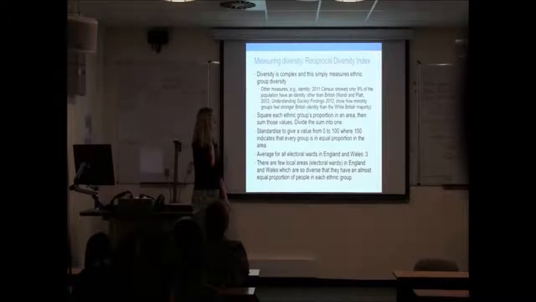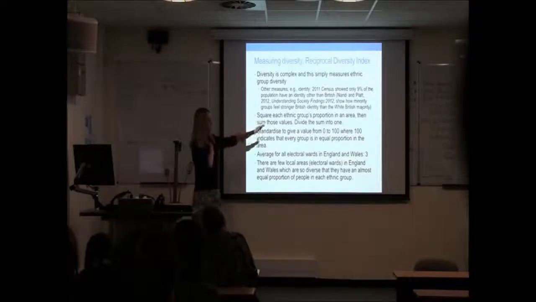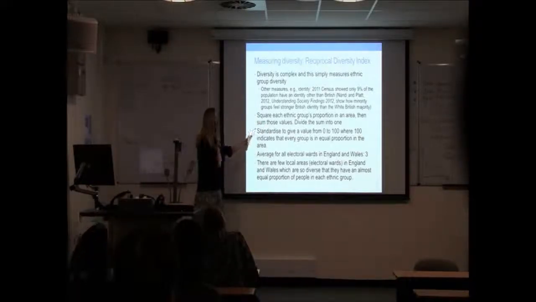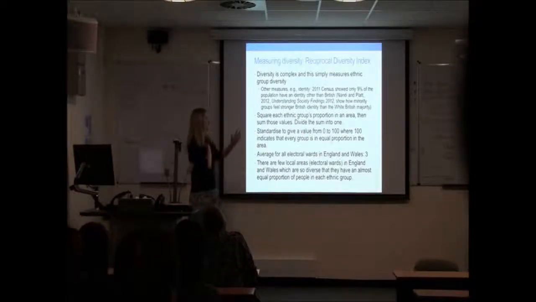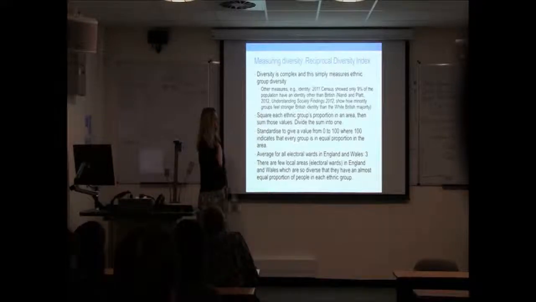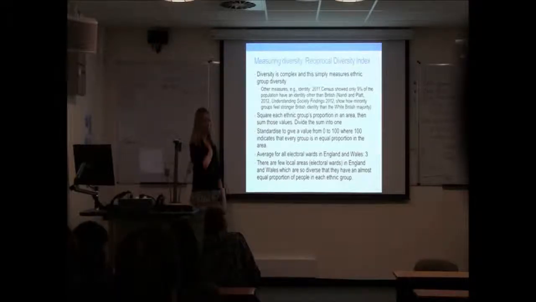To take this measure, you square each ethnic group proportion in an area, sum the values, divide the sum into 1, and then standardise that to give a value between 0 and 100. What it means is that where the RDI, the reciprocal diversity index, is 100, every group is in equal proportion in the area. Now the average for England and Wales is 3, just 3. And there are a few local areas, this is at electoral ward level, there are a few electoral wards in England and Wales